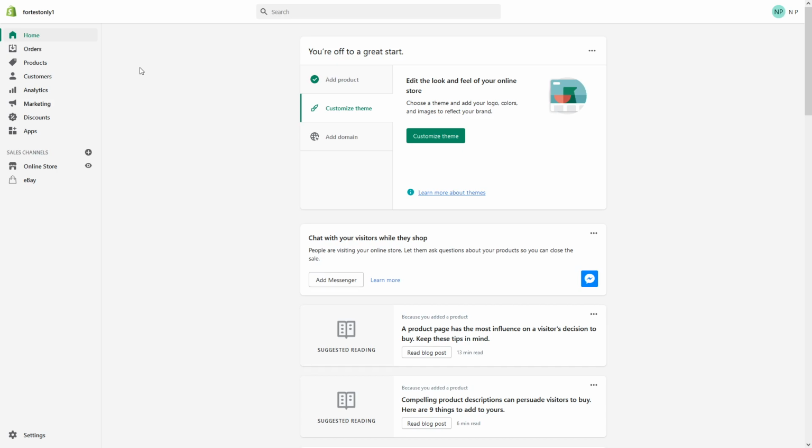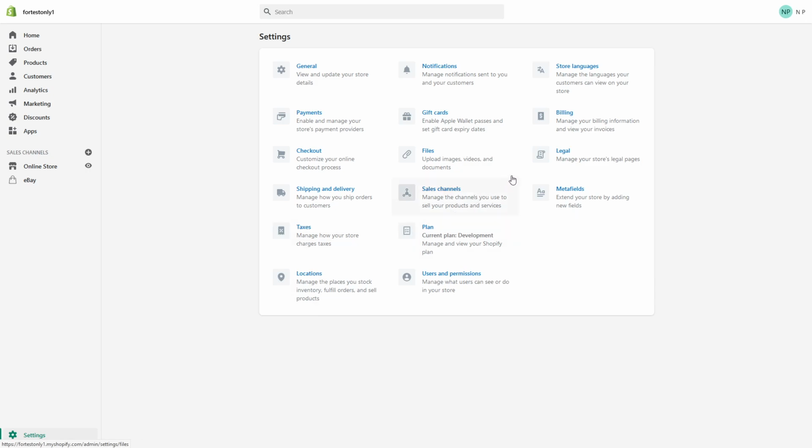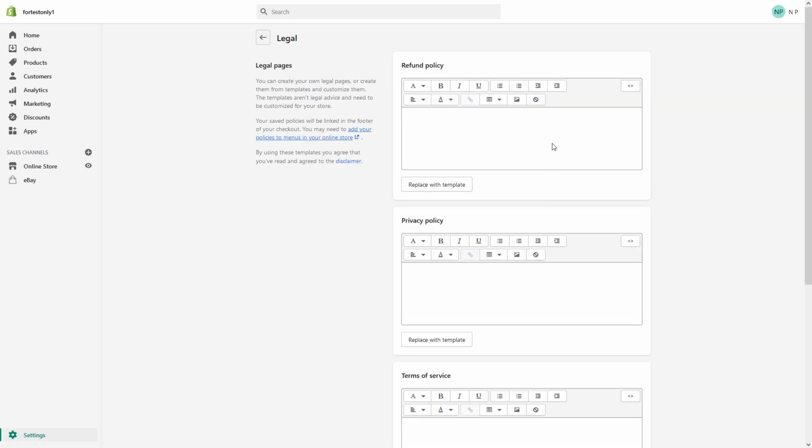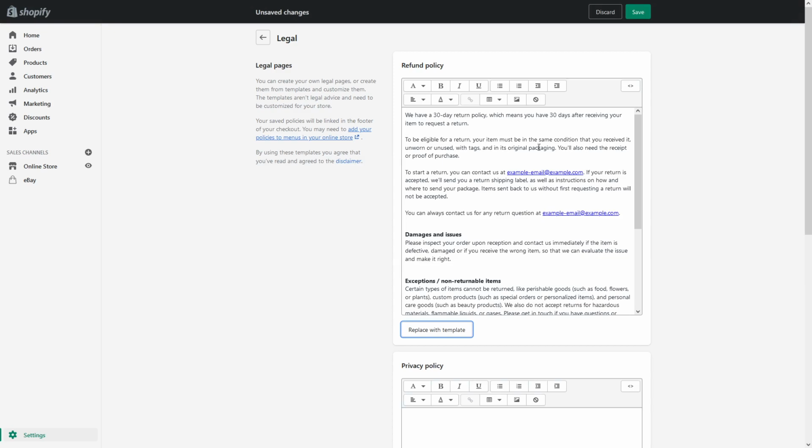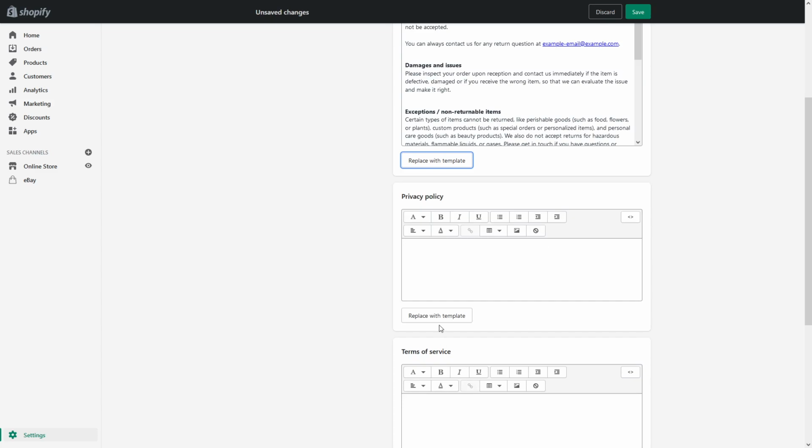First, you have to be logged into your admin panel, then click on settings. From here, look for a legal section. And unless you have your own refund policies, privacy, terms of service, and shipping policies, you can generate some of them. For example, you just can click replace with template, replace, and Shopify pre-fills a refund policy with your email address, which you included in your Shopify, and all generic information. Same thing you can do for privacy policy